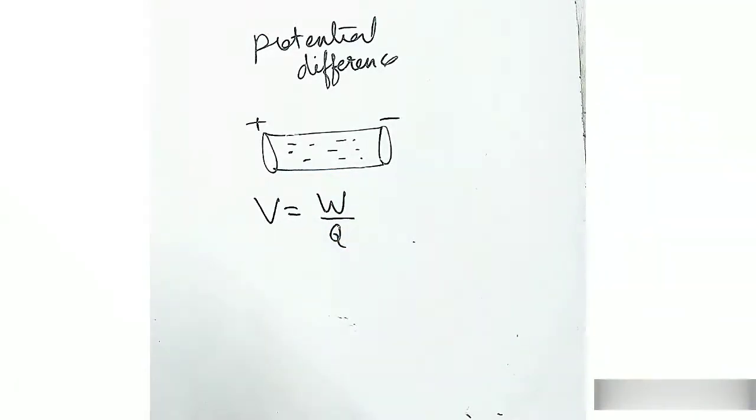Now, what is the difference? Electric potential between two points in an electric circuit is the work done to move one unit charge from one point to another. How much work is done? That is your potential difference, students. That is the potential required to move from one place to another. So, this is the way you have to proceed.